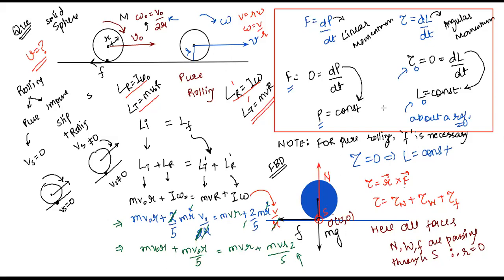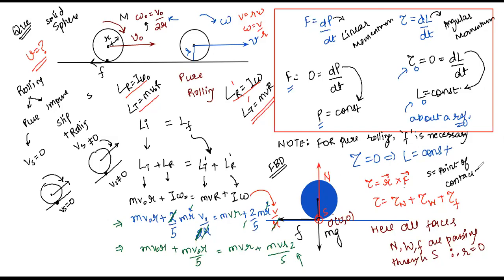That is, with respect to the point of surface contact. Class, you can write this, that this S is actually the point of contact. The point where the sphere is coming in contact with the ground is called S, the point of contact. Go ahead. Yes, sir. So at the point of contact, we found different kinds of force.